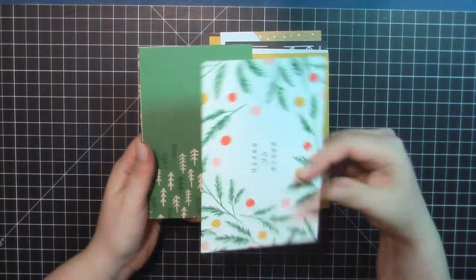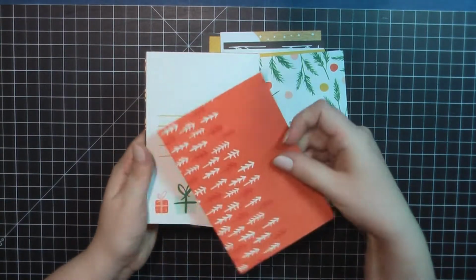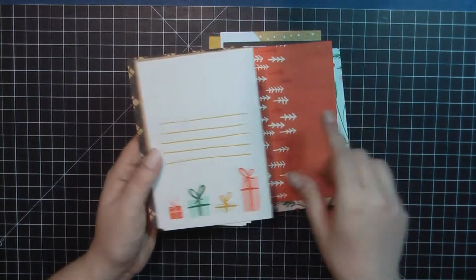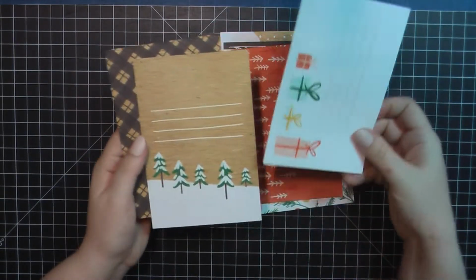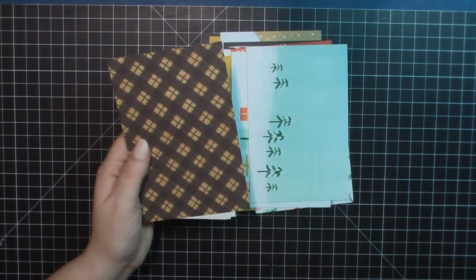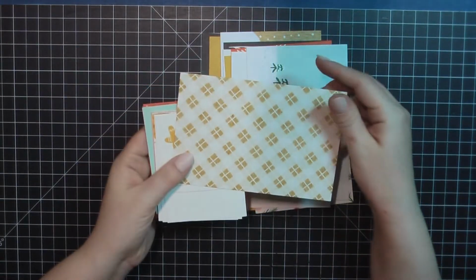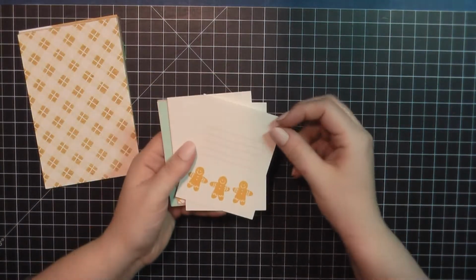Peace on Earth. Some little trees there. Red version, journaling spot, another journaling spot, and just sort of a check pattern there. So those are the larger sizes, and then the smaller is some gingerbread men,